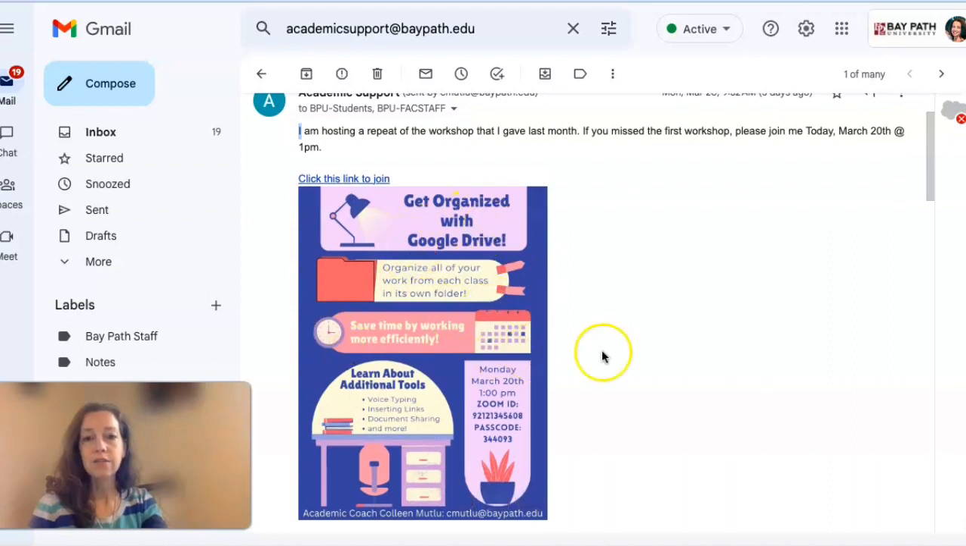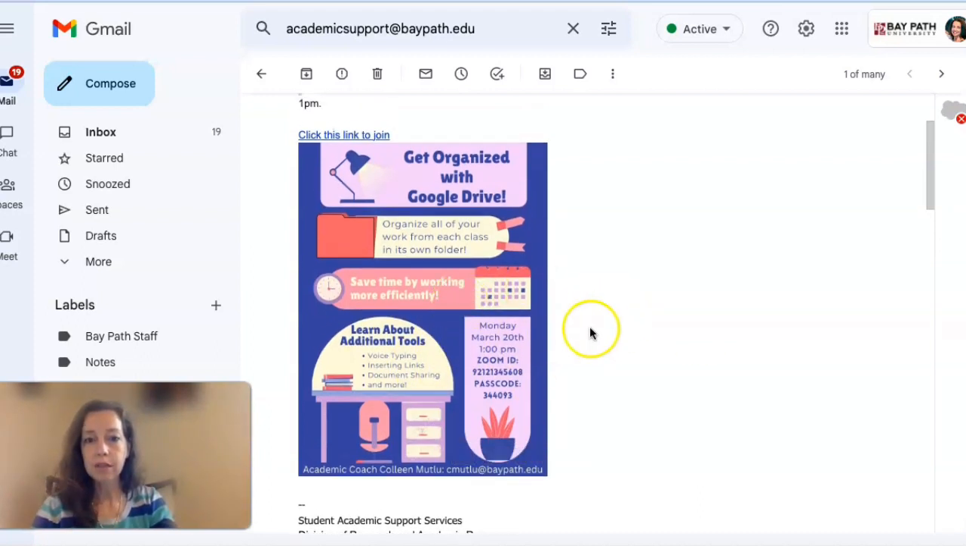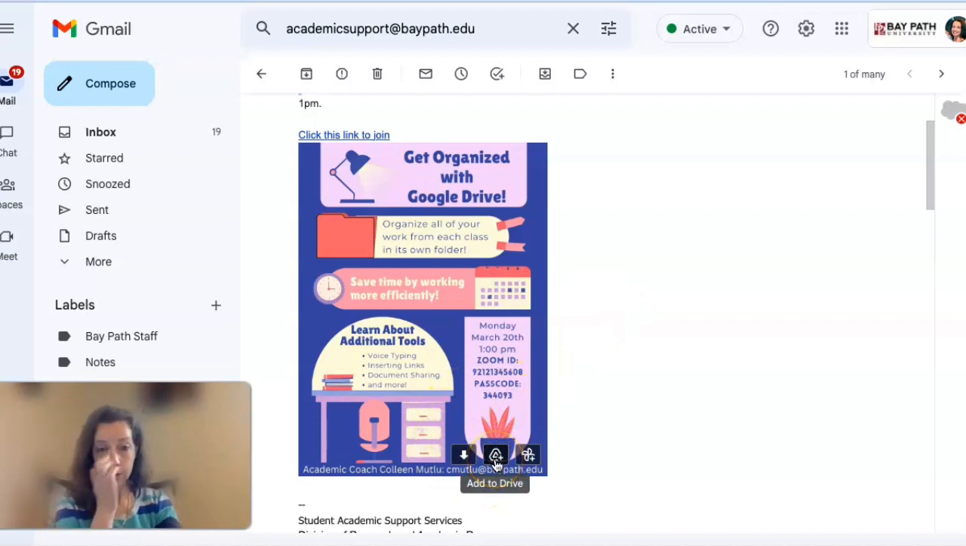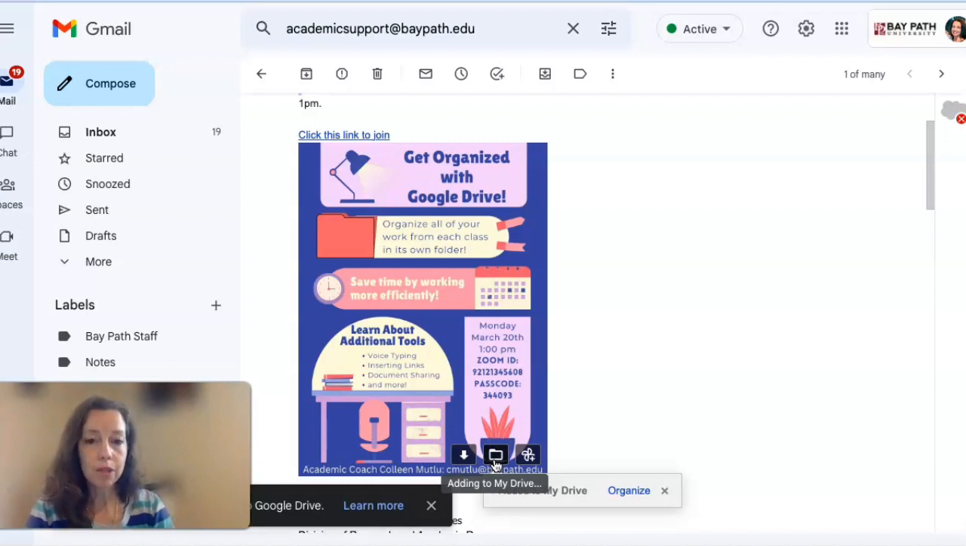And here is the flyer. And say I want to collect all of the flyers from academic support and save them. If I hover over the document, you'll notice the drive icon in the lower right-hand corner of the document. Click on it to add the document to your drive. But you've added the document, but you haven't yet organized it. So select Organize,